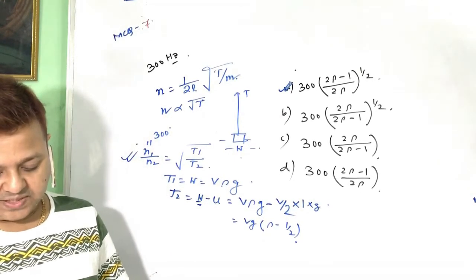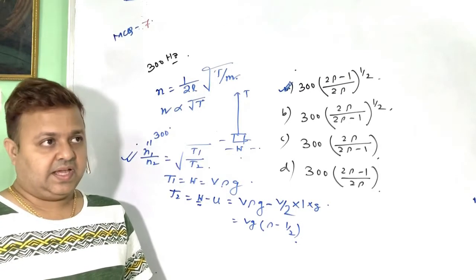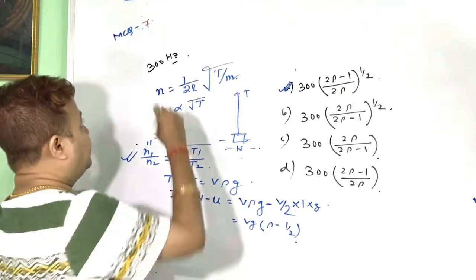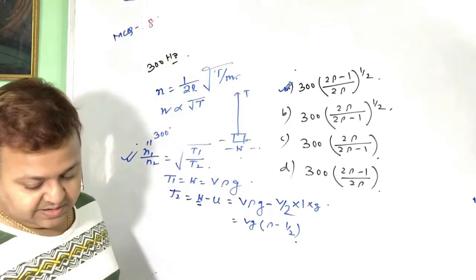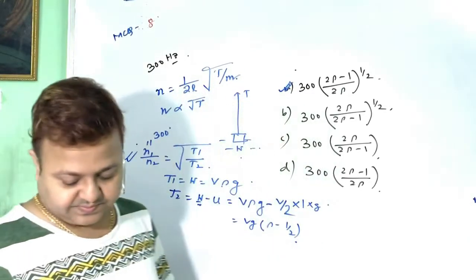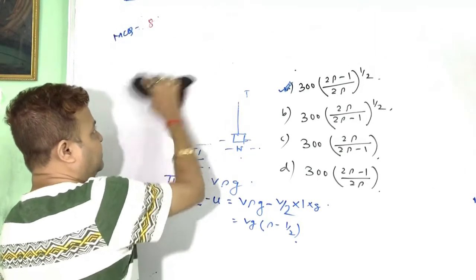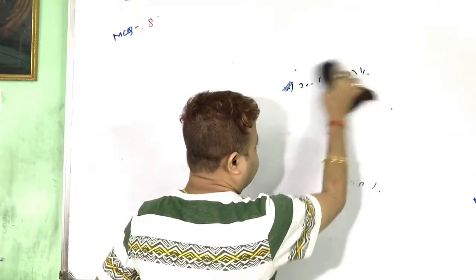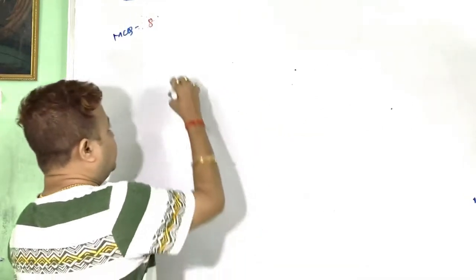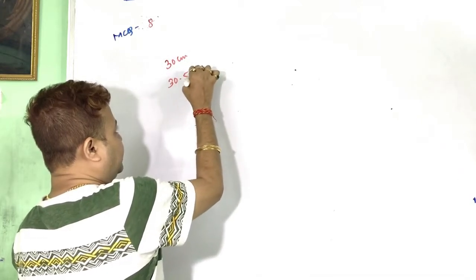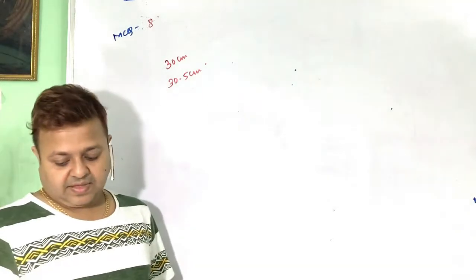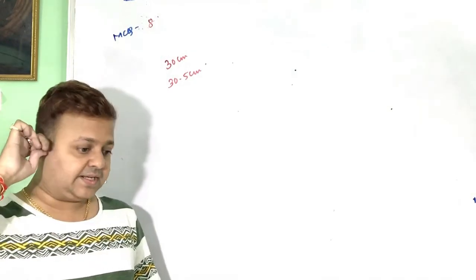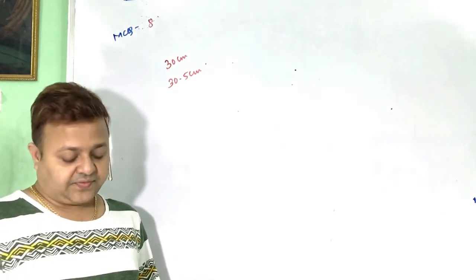Next. A tuning fork produces 3 beats per second with the length of 30 centimeter and 30.5 centimeter respectively of a sonometer wire under the same tension. The frequency of the tuning fork will be